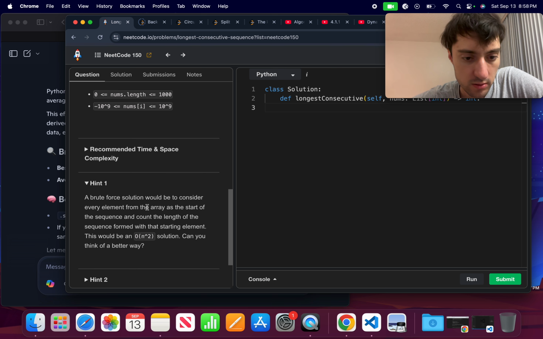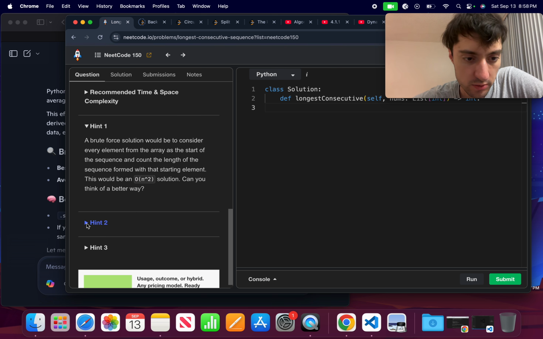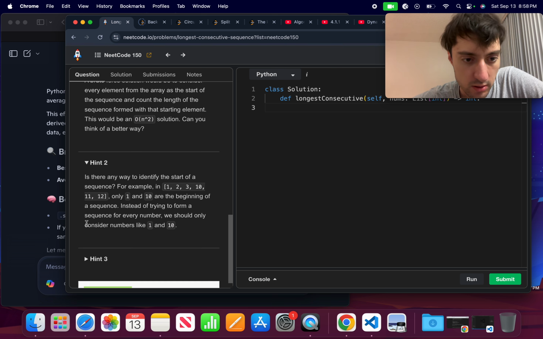All right. So we already know the brute force, that's fine. Is there any way to identify the start of the sequence? For example, this. Only 1 and 10 are the beginning of a sequence. Instead of trying to form a sequence for every number, we should only consider